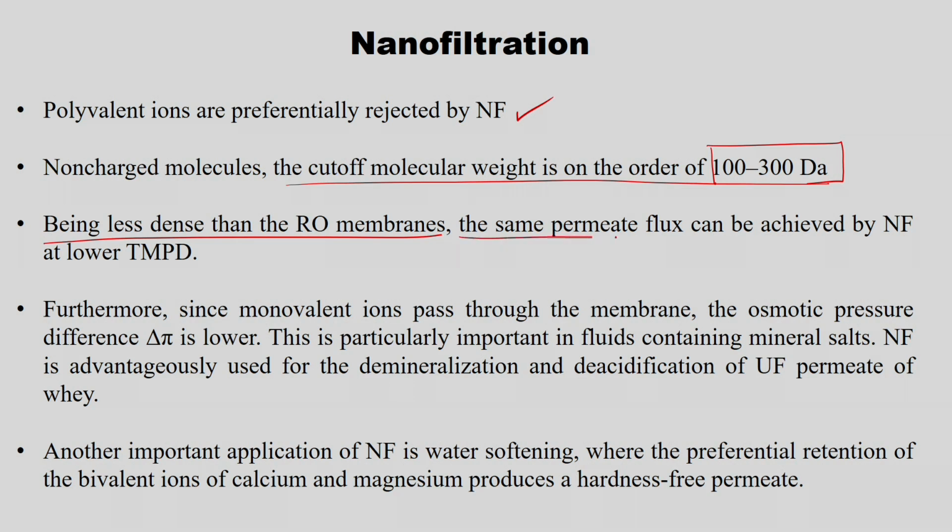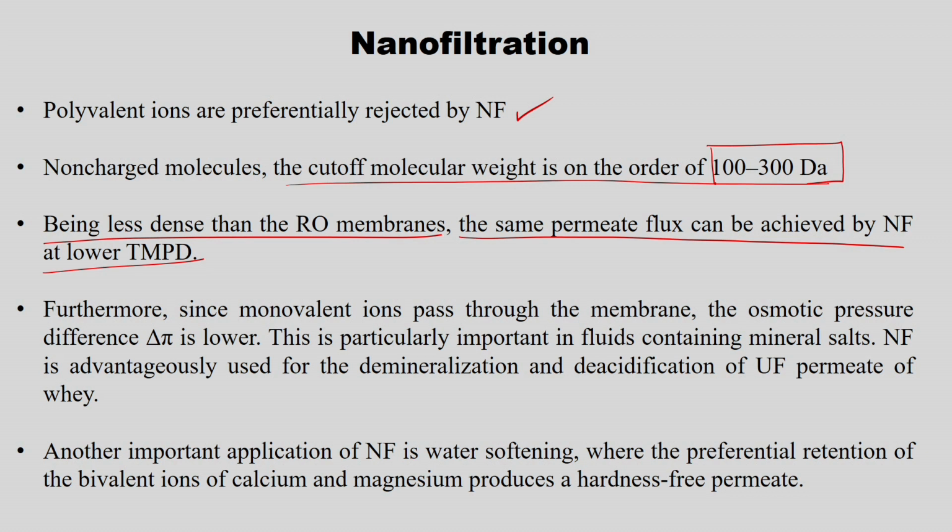The same permeate flux can be achieved by nanofiltration at lower TMPD, because what we are doing now is comparing just reverse osmosis and nanofiltration. So, to get the same permeate flux by nanofiltration, I can apply only lower TMPD compared to the reverse osmosis